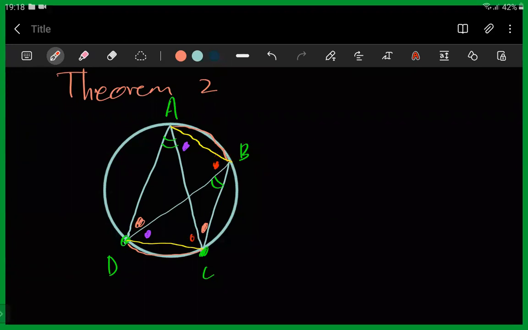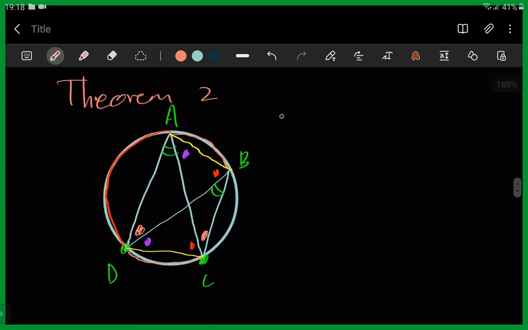This angle is equal to that one, because angle C, this angle here, which is called angle DCA, is subtended by the arc AD. Same as angle ABD here. This angle is subtended by the arc AD also. You can also say it's subtended by the chord AD. It doesn't matter whether you say arc or chord. As long as the line is there, you can say chord. If the line is not there, you can say arc, because there'll always be an arc wherever there's a chord, and vice versa. So, in simple words,